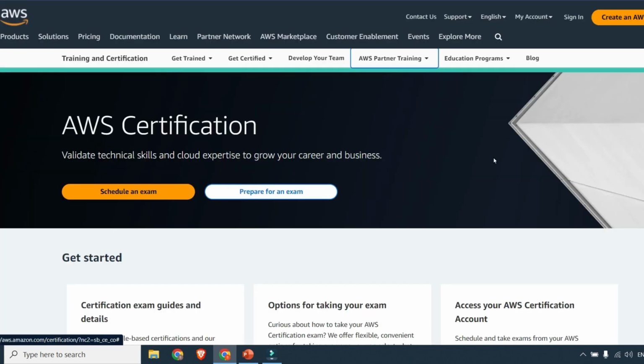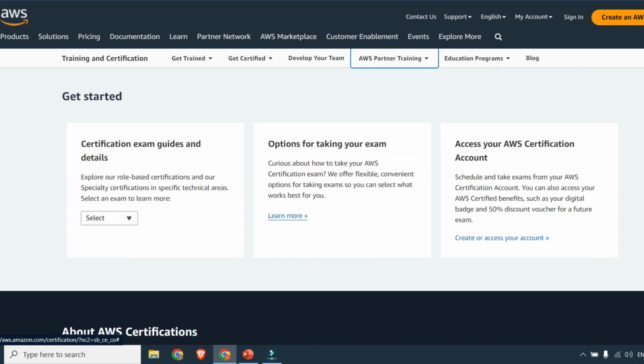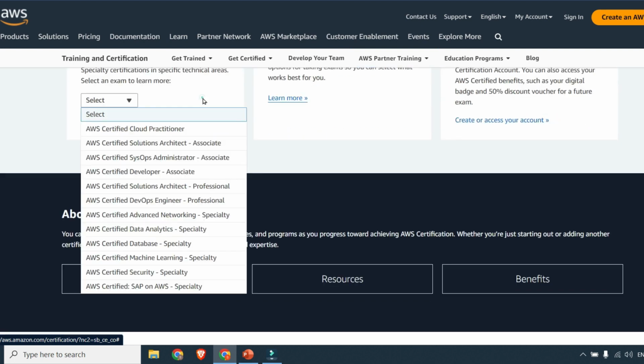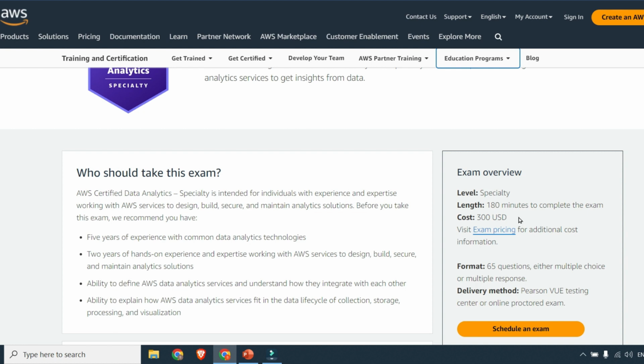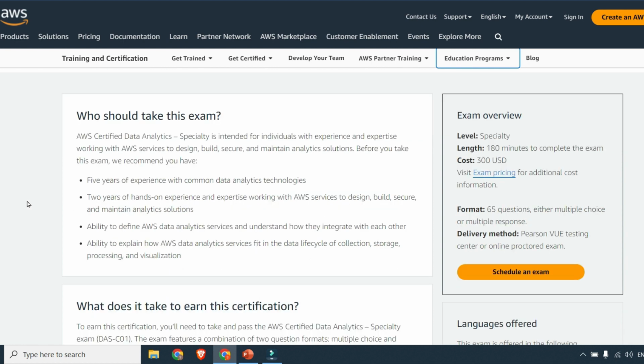So let's have a look at AWS now, Amazon Web Services. AWS is actually the largest cloud provider in the world. So it's always worthwhile doing some certifications from them. Here you can choose what your specialty is going to be. So you'd be looking at here, the data analytics. I would also have a look at the database section as well, also machine learning. But really the first one you want to be doing is this one. It's Certified Data Analytics. It's a $300 US exam, and it goes over here exactly what you'll be learning.